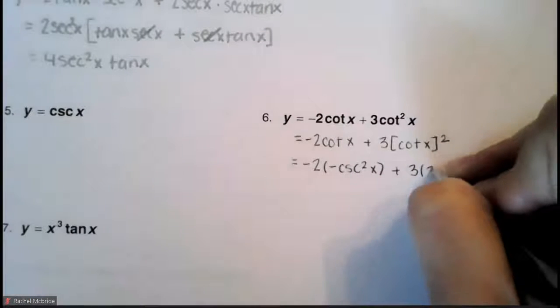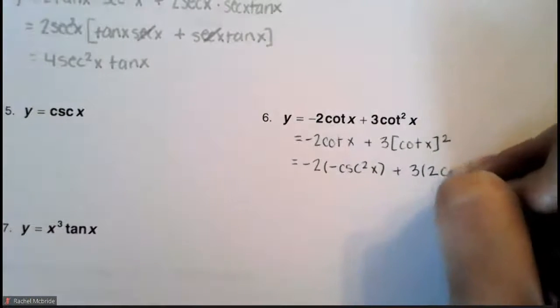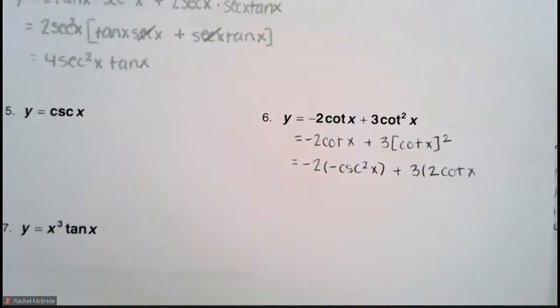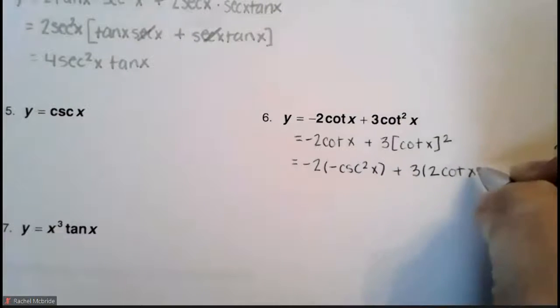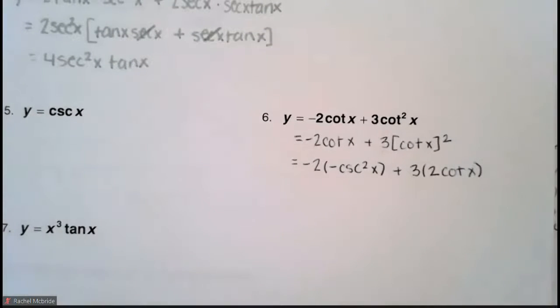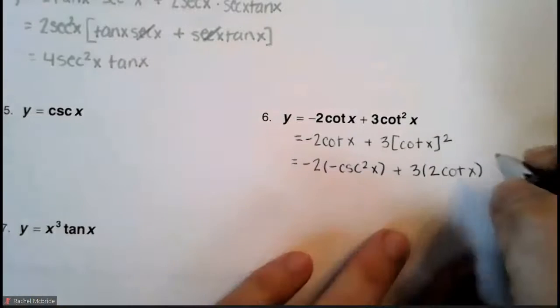So this becomes 2 cotangent x, and then now we take the derivative of the cotangent, which I already said is negative cosecant squared,